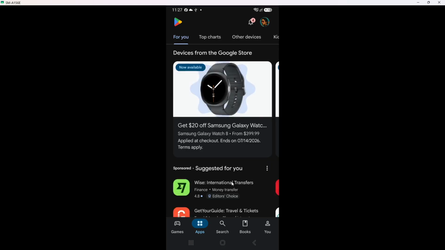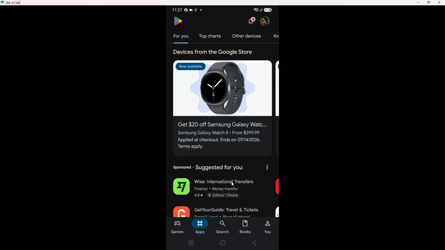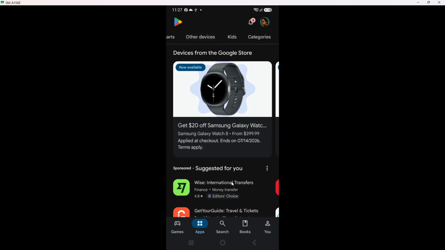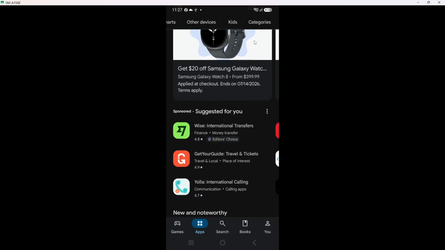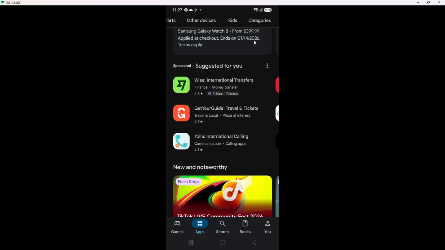This is the primary source for all apps on Android, ensuring you have access to the latest and most secure versions. Once the Play Store is open, you will notice various categories and featured apps. This is where you can explore countless applications, but today we have a specific goal in mind: downloading TeamViewer Host.